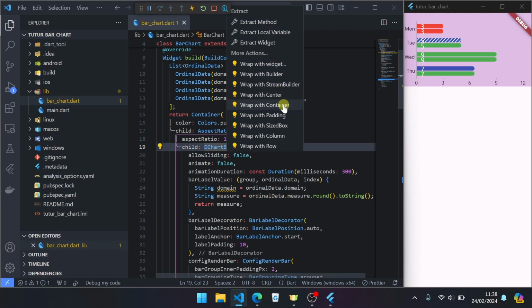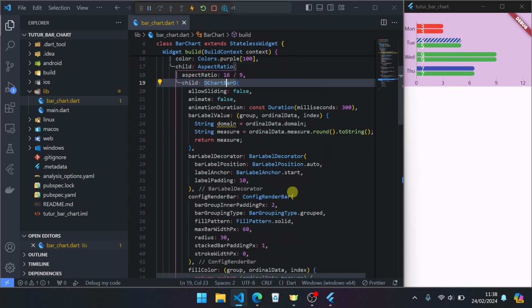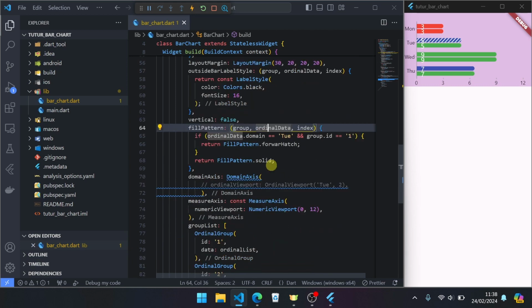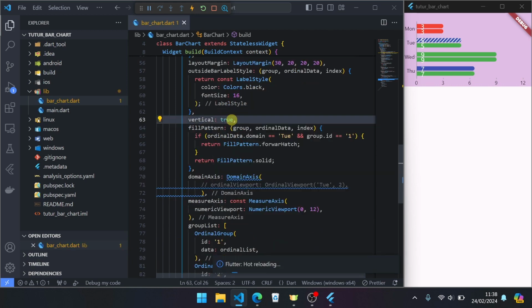You can use wrap with padding like that, or using layout margin. You can go back to default or vertical to true, save, restart again.